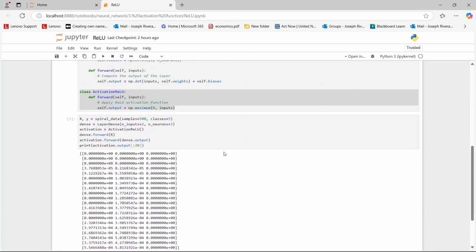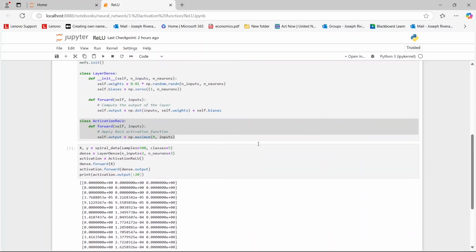And there you have it. A deep dive into the rectified linear unit. We covered the theory and behavior of ReLU, a basic implementation of ReLU for beginners, and an advanced neural network implementation for real-world applications. So ReLU may look simple, but it's actually a powerhouse that makes deep learning possible. Whether you are working with image recognition, text analysis, or even other complex tasks, ReLU helps your models learn